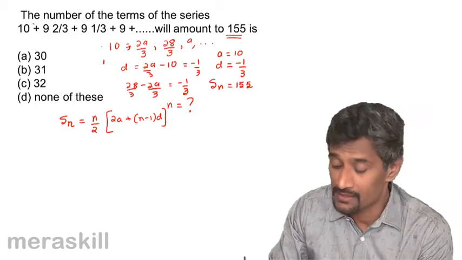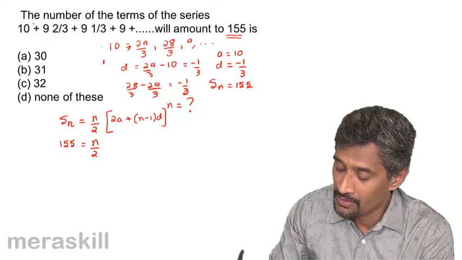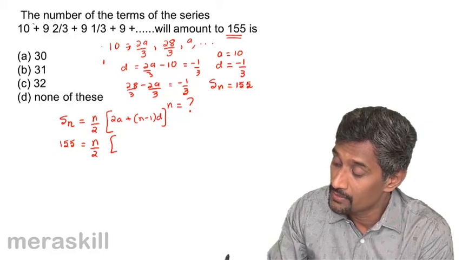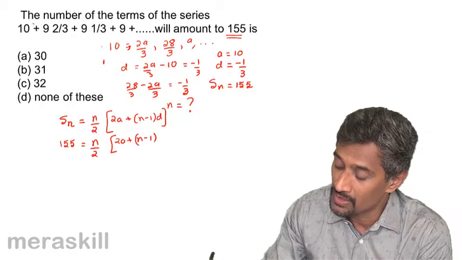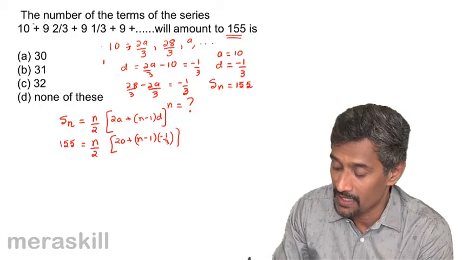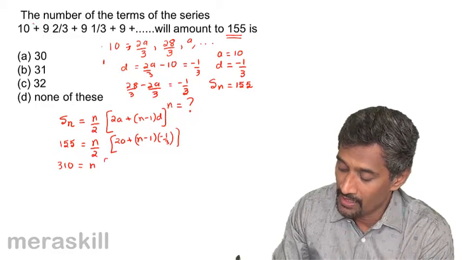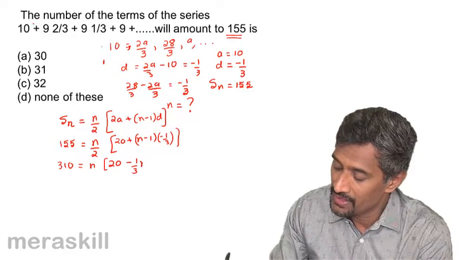So Sn in this case is 155 is equal to n by 2, a is 10, so 2 into 10, 20 plus n minus 1 into d, which is minus 1 by 3. You can cross multiply. This turns out to be 310 is equal to n into 20 minus 1 by 3 n